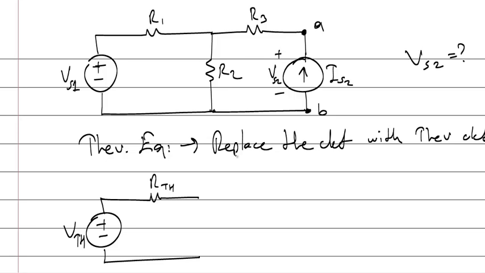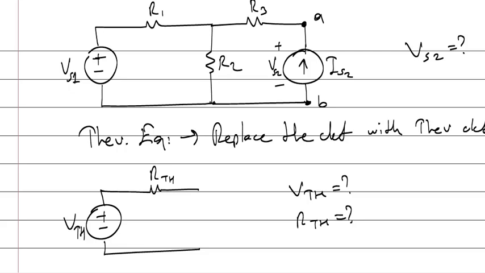Okay, points A and B. So I have to calculate two values, Thevenin voltage and Thevenin resistance. V source 2 is the voltage of the current source. So while calculating the Thevenin equivalent of the circuit, I have to extract current source 2. Okay, I will not use current source 2. So